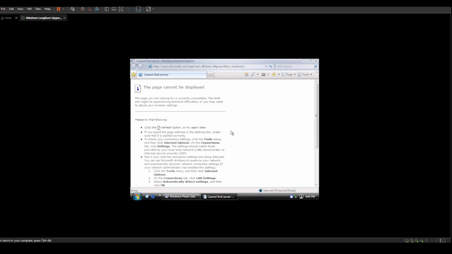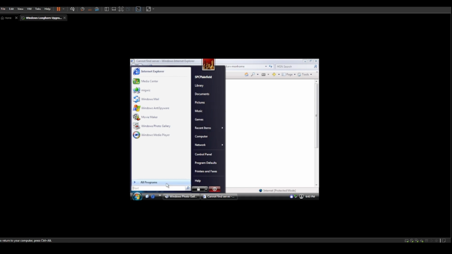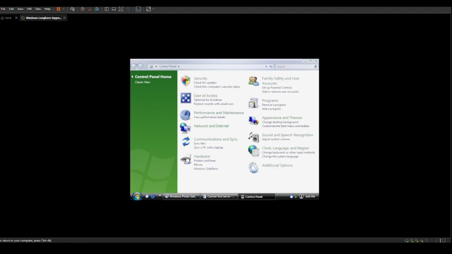SSL Protection is now Remote Desktop. Health and Support has a new look. Fax Console is now Fax and Scan. Save Dock is now Backup, and the Mobility Center was introduced. The SAT Aurora has been updated, and speaking of the control panel, you can see we have the new Windows